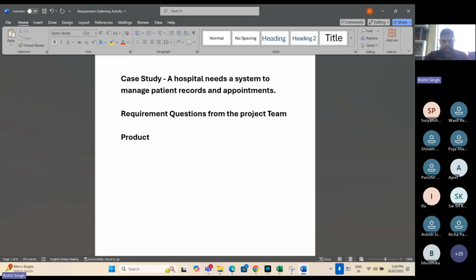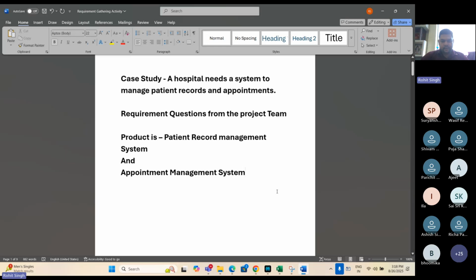Okay, so that means the product is a patient record management system and appointment management system.